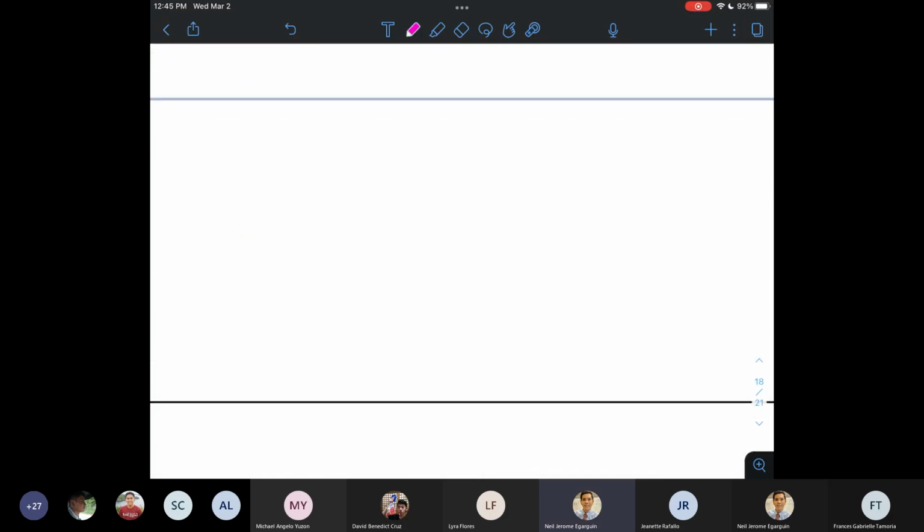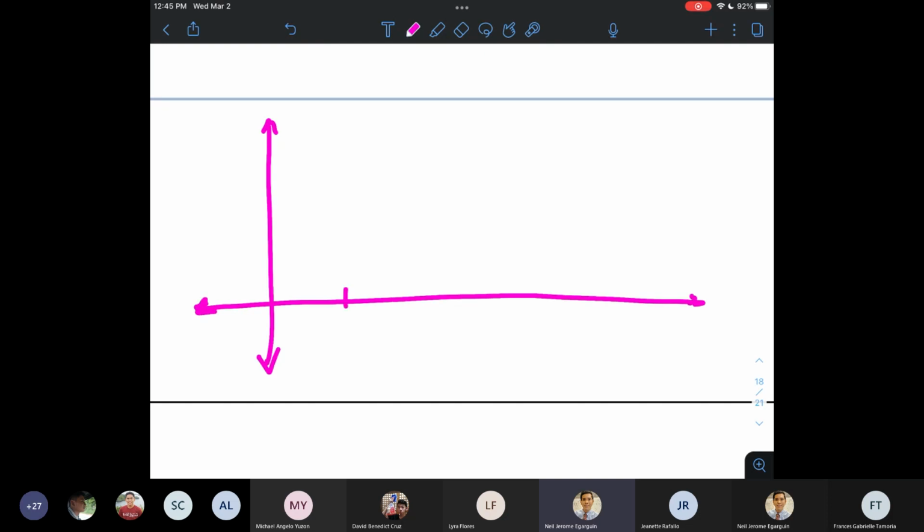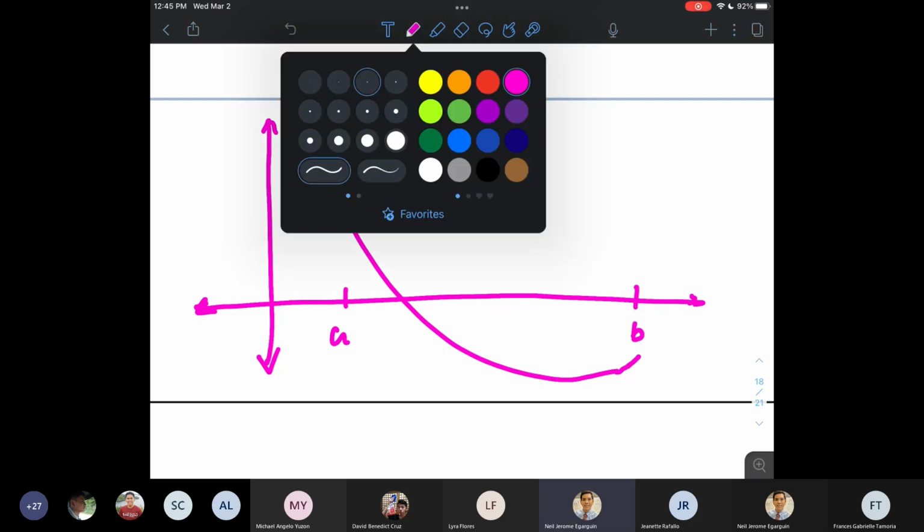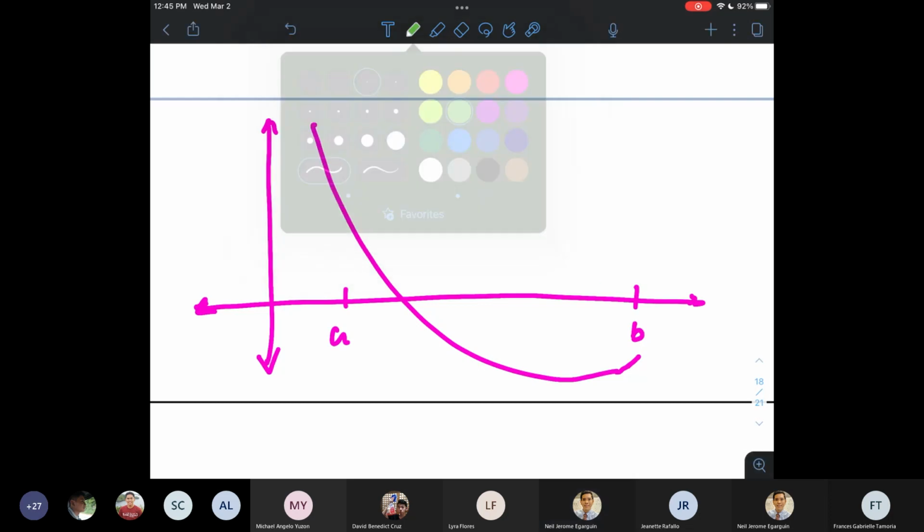So kunwari, meron akong function dito. Hindi ko na i-drawing yung XY axis. Sige na nga, drawing ko na nga. Ang gulo yan. Hindi na daw i-drawing, pero i-drawing pa. Okay. Diba, ito yung hinahanapan natin ng root. Okay? So it satisfies the requirements of the Regula Falsi method. F of A and F of B have opposite signs. Okay? Tapos yung unang iteration ng Regula Falsi, ganun pa rin, kunin mo yung line passing through